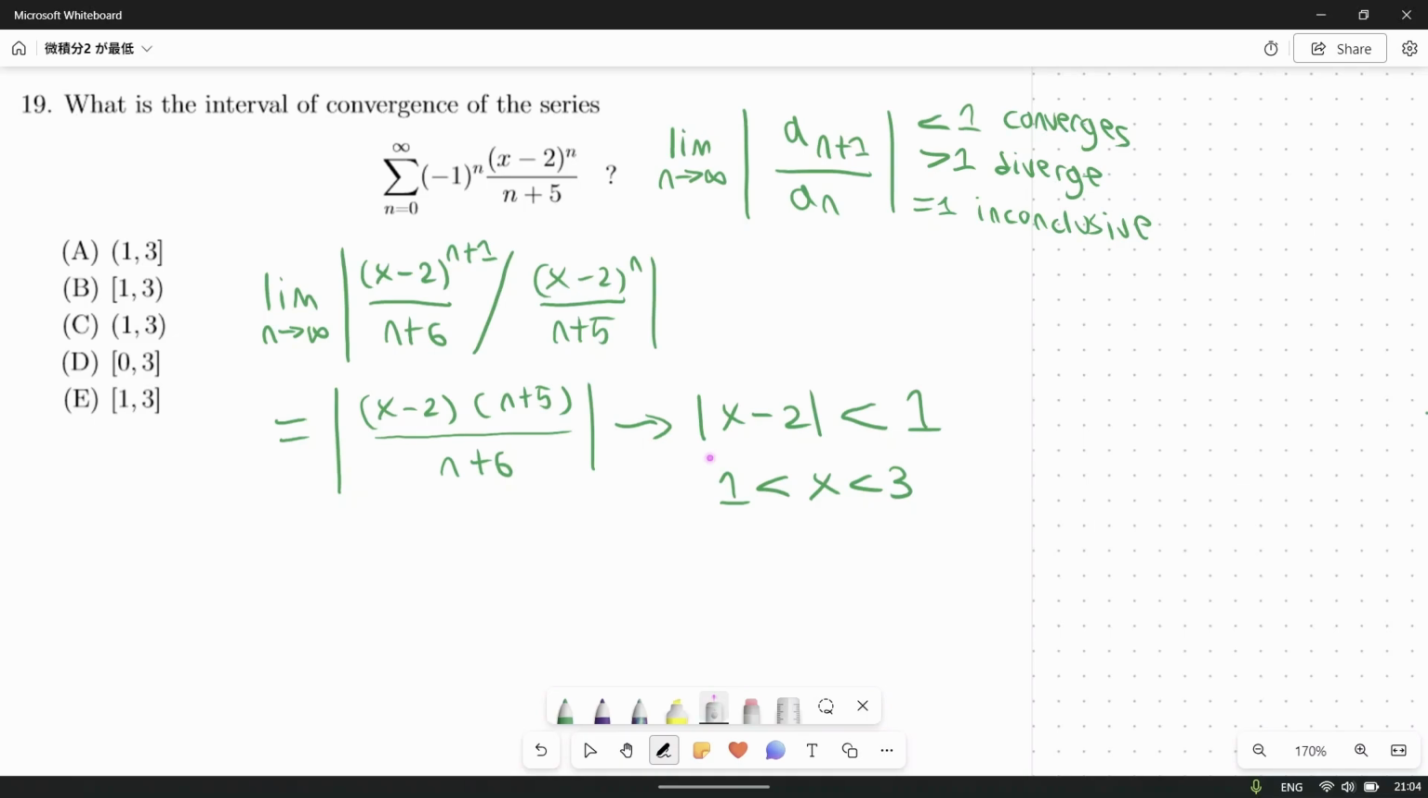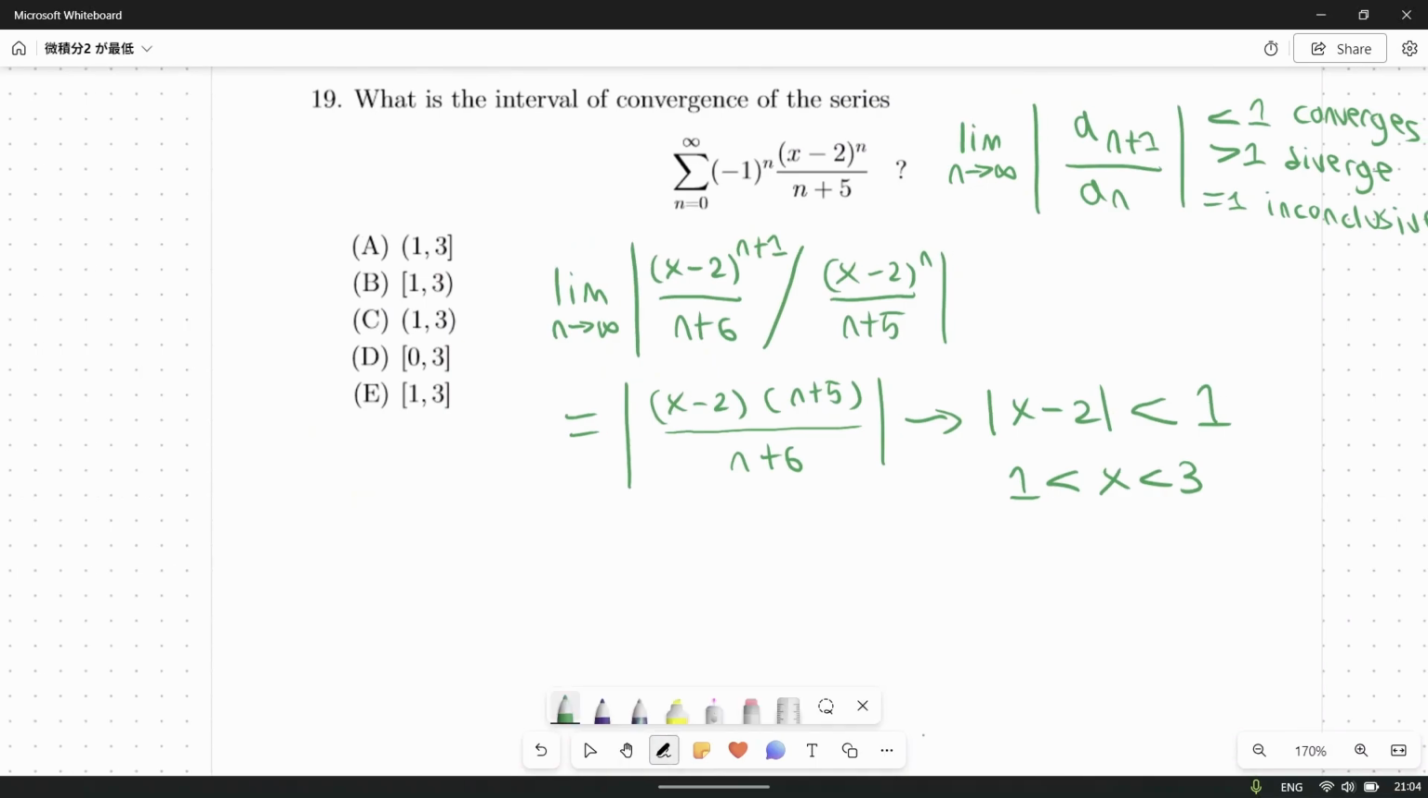The next thing we have to do is check the edge cases. So the edge cases would be, in this case, 3 and 1. And even though we know that the series is going to diverge outside of this range, we also need to check to see if it converges or diverges at the edge cases. And that's going to determine whether you end up with an inclusive case or not including that boundary, if that makes sense. So starting with the case of x is equal to 1, you just have to plug that